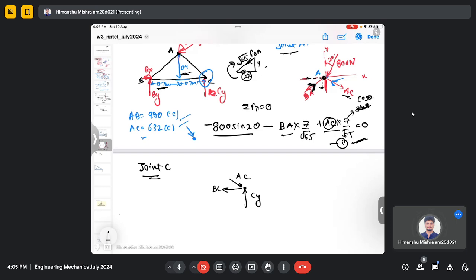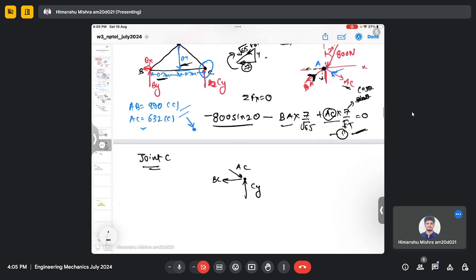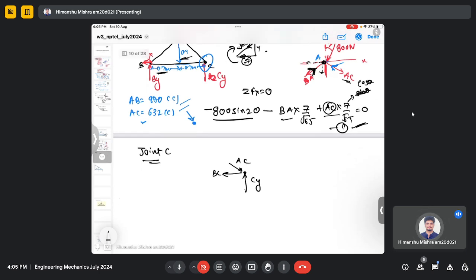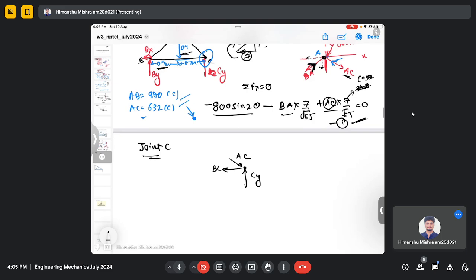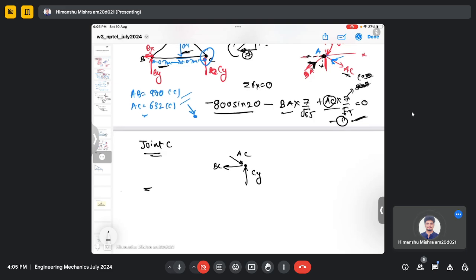This is our AC. You can see by inspection that if you do the force balance analysis in the X direction, sum of forces equal to 0, then it will be negative BC plus AC, which is 7 by root 65,